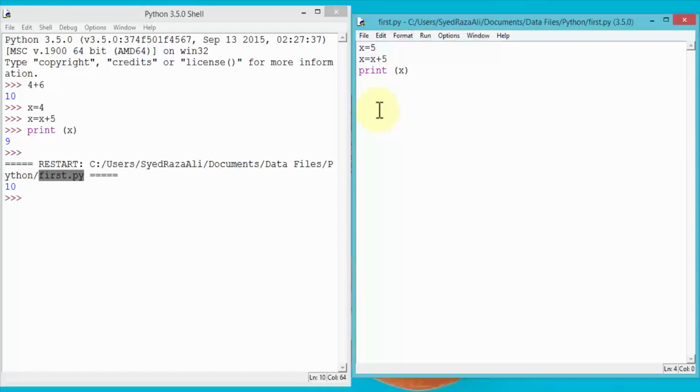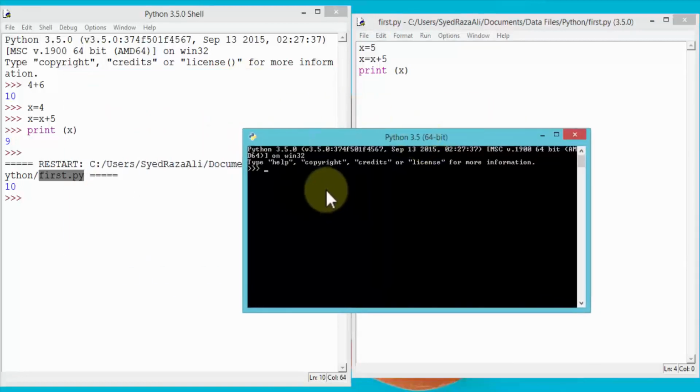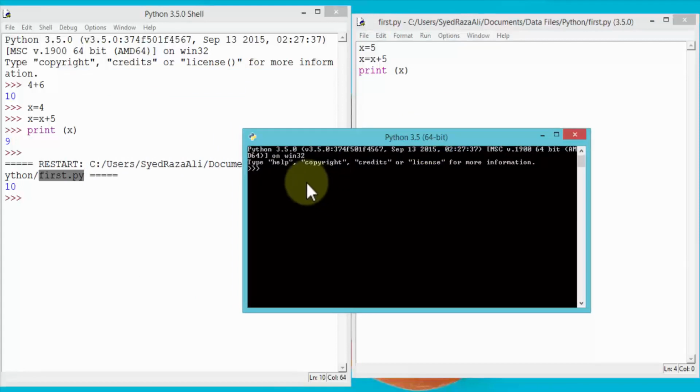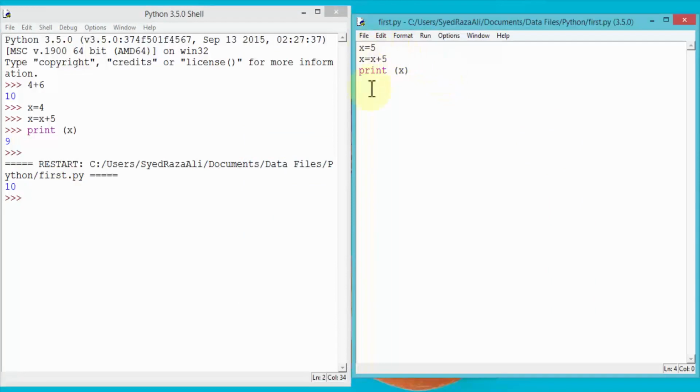So the interpreter, which we closed earlier, I'm going to reopen it one more time. Here's the interpreter. Okay, so this doesn't really allow you to build your code. It is just there to check whether your command is successful or not successful. Okay, which is similar to the Python shell here. Whereas the shell also allows you to write a set of lines and codes, but it gives you color coding that you can take a look at and see whether it's a valid function or not, or you've assigned the variables correctly or not. And then our editor here, which allows us to actually build the code,